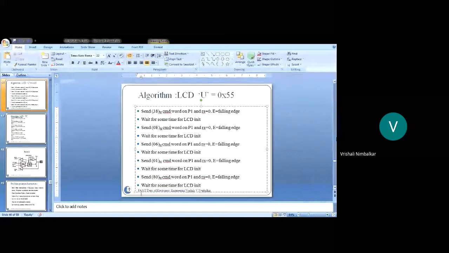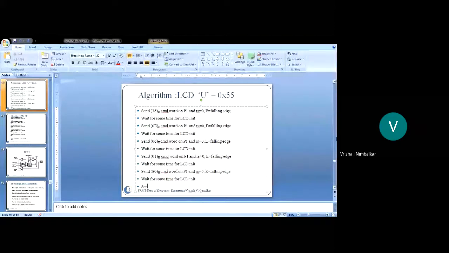And at the last, now we will be sending the character. So send that character which you want to display, put it in quotes. Send that data word on P1, and now what is RS?